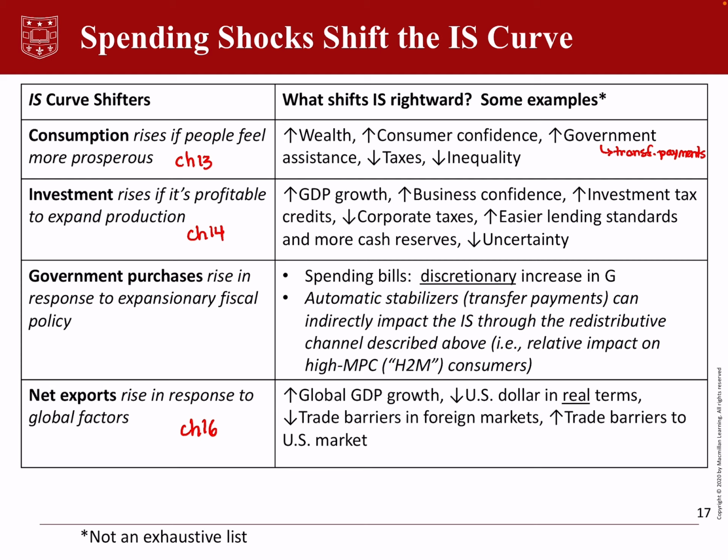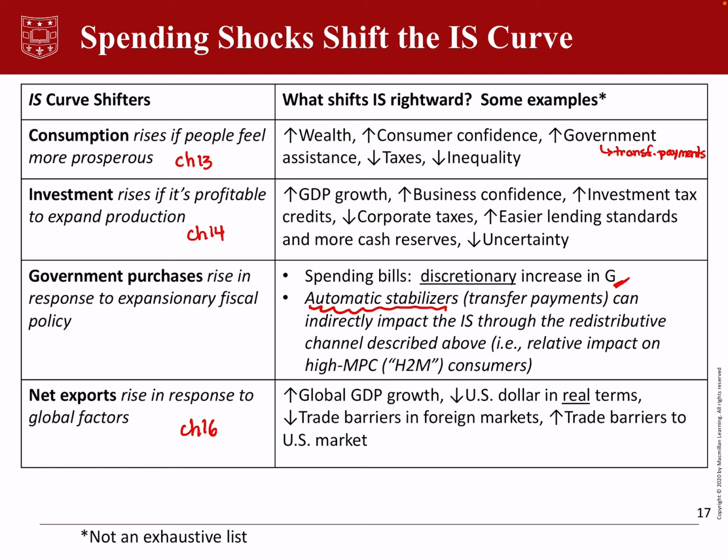There are certain types of spending that change in the macroeconomy automatically. By this idea of automatic stabilizers, what we mean is that there's some spending, such as spending on Medicaid or spending on food stamps, that picks up when the economy contracts and drops down when the economy expands, because they are tied to fluctuations in income levels. These are technically transfer payments, so they're not things that would increase government expenditures, but can nonetheless impact the IS curve through this